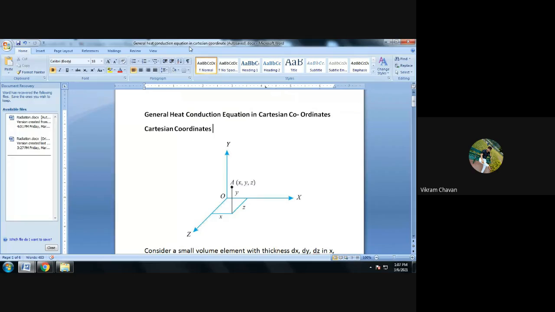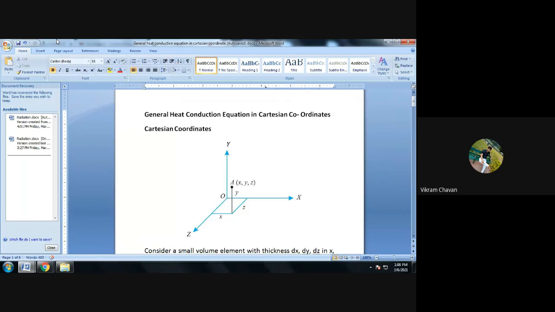Okay, so up till now whatever we have discussed, that is about the first part of the first chapter. So 1.1 we have covered. In this particular lecture we are going to dive into 1.2, that is the steady state heat transfer. And the first important point of this particular segment is general heat conduction equation in Cartesian coordinate system. Okay, general heat conduction equation in Cartesian coordinates system.